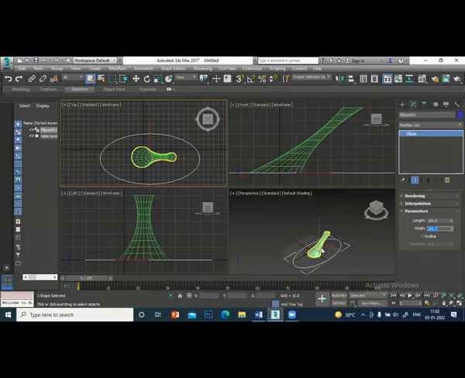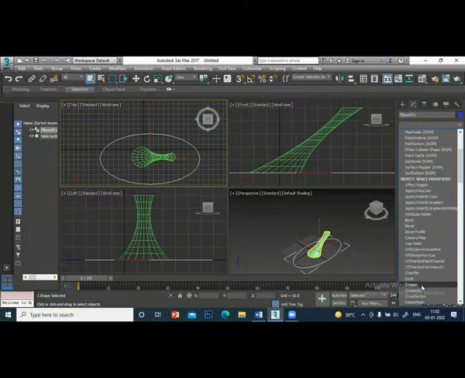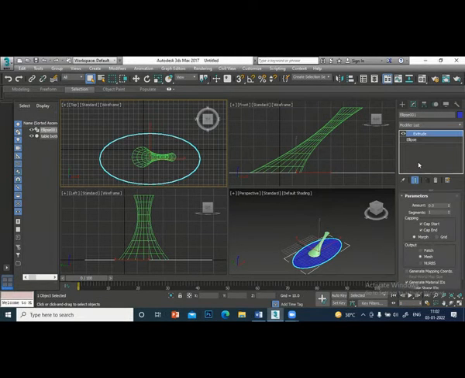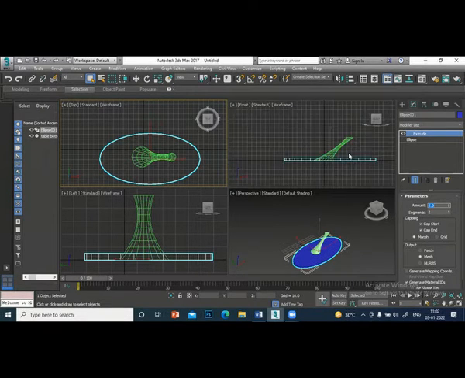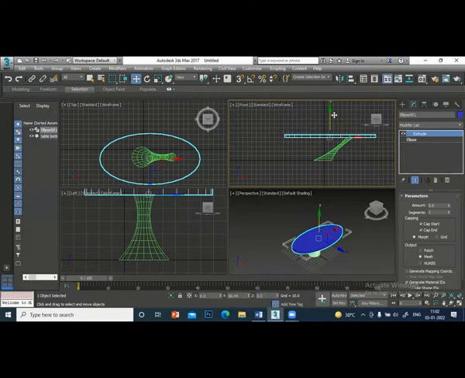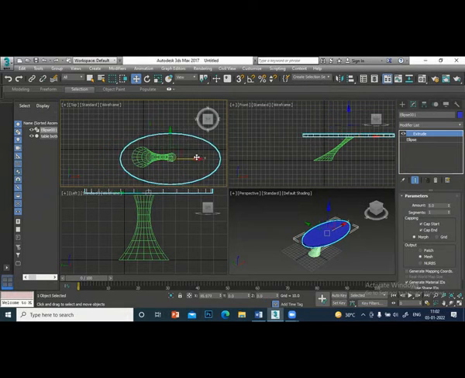Okay. Now I will give extrude. We'll write down the steps later. Just listen to me first. Extrude. I'll give a value of say 5. Now I will move this ellipse up. Move. I want to move exactly in the y direction like this. I will adjust it. Approximately the center is coming here like this.